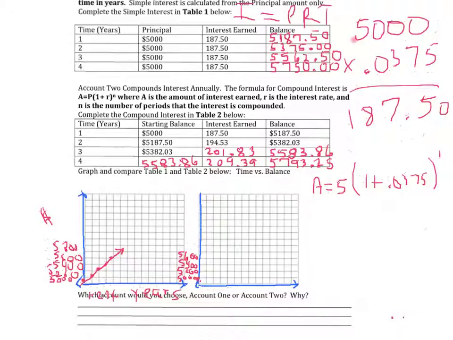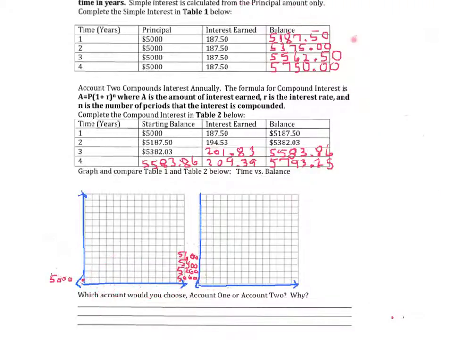So it is increasing more rapidly with compound interest, and if we try to graph that, we can see that it's not linear, because even though we only looked at the pattern for the first 4 years, it's going up more than just at a constant rate of change. The first one went up the same just because it was the first year and it wasn't calculating off the same balance as simple interest, but the second year it went up more, almost to the 5,400, closer to it, and then the third year almost to 5,600, and the last year almost to 5,800, and you can see that it's going up more rapidly,